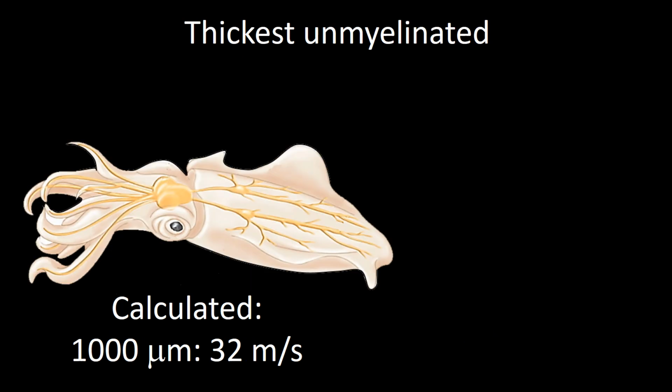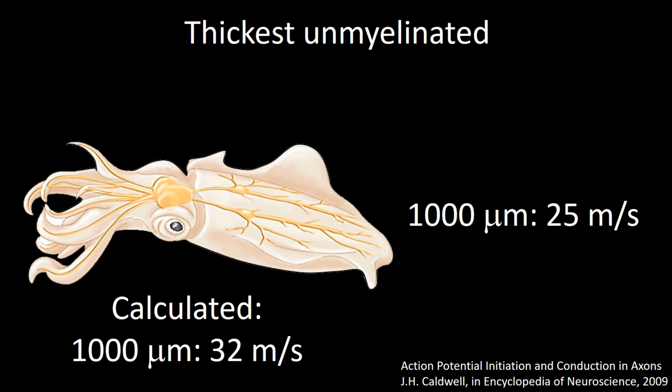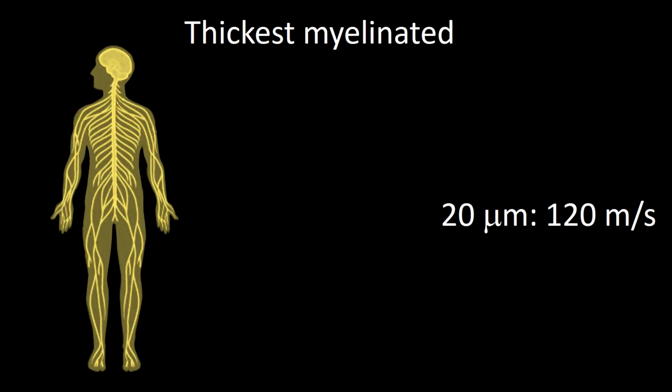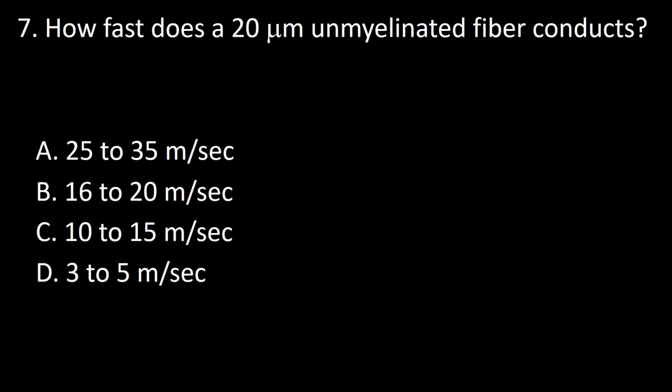The thickest unmyelinated axons are found in the squid. The diameter varies from 0.5 to 1.5 millimeters. Thus, the calculated conduction velocity for a squid axon of 1 millimeter would be 32 meters per second. The experimentally measured speed of conduction of a 1 millimeter axon is 25 meters per second. The thickest myelinated fiber in humans is 20 micrometers. The conduction velocity of such a fiber is 120 meters per second. Hence, the answer to this question is